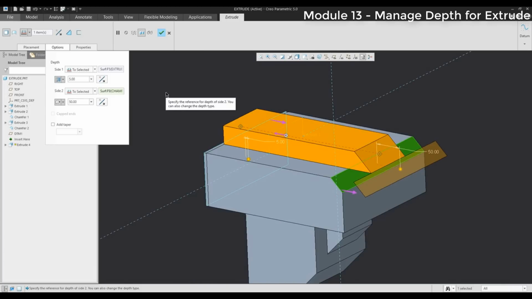So it was some really nice example how you can manage the extrude feature and the depth option with Creo